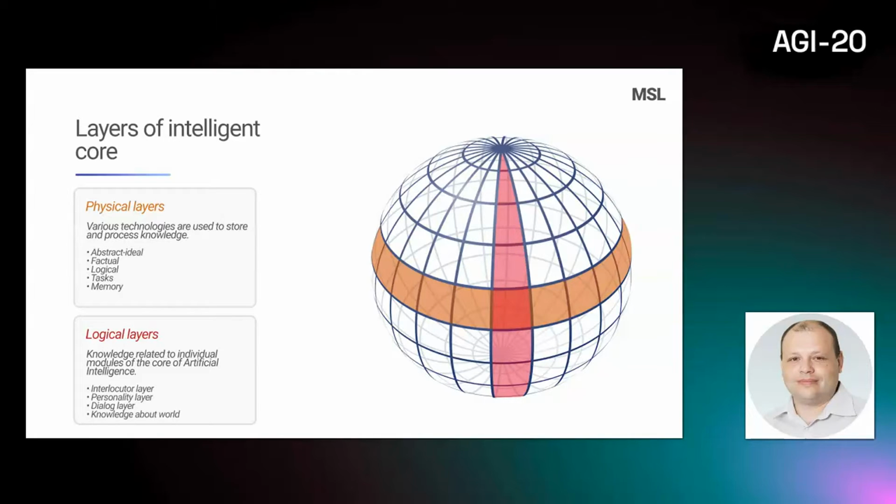There can be two types of layers, physical and logical. The physical layer is a separate technology, the logical layer is a separate body of knowledge. The abstract idea layer contains abstract knowledge about the world, its structure and basic connections. It serves to form a general world image or world model. It is necessary for the entire system's functioning. Knowledge is stored in a special version of the semantic network. It stores connections of one entity to others instead.